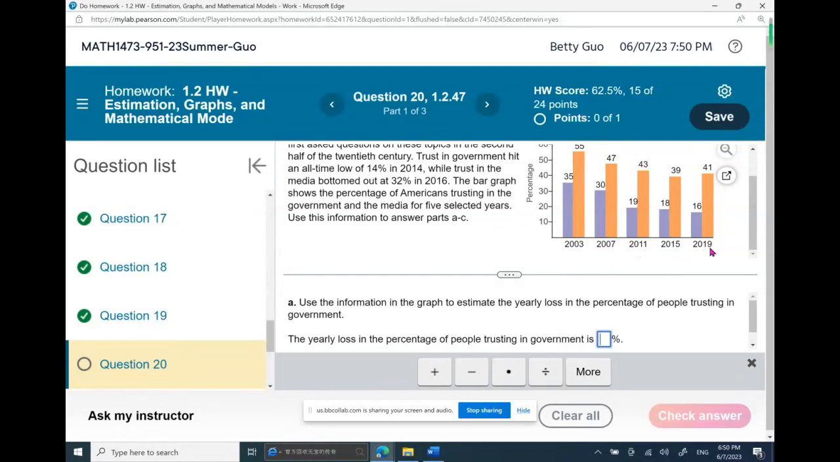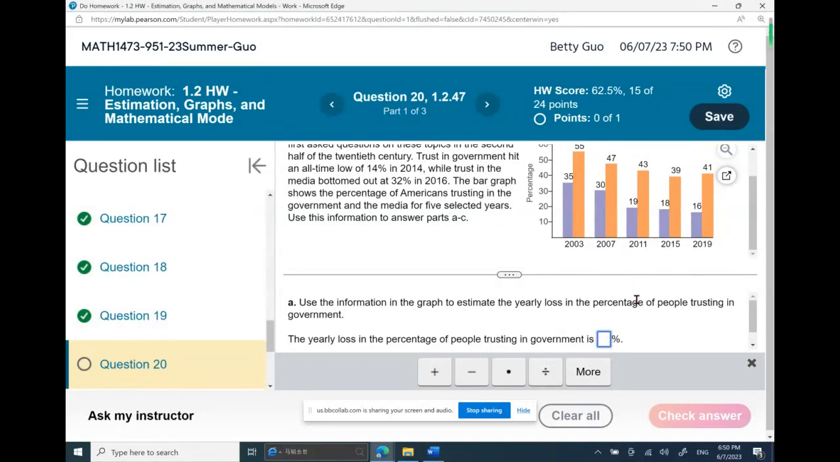How many years is that? From 2003 to 2019, how many years? 16, not yearly. It's like every 4 years they do the statistics. 16 years, right? Yes, 16 years. So what's the difference against